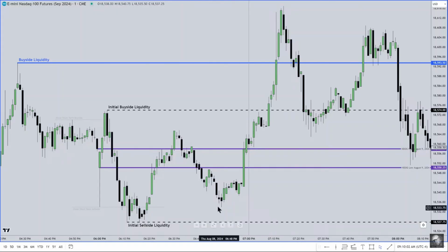We did not have an interest in going back below the initial sell side liquidity that took out this low. The key things are this. We're gyrating around the new day opening gap. You want to see this. But when it comes to time,